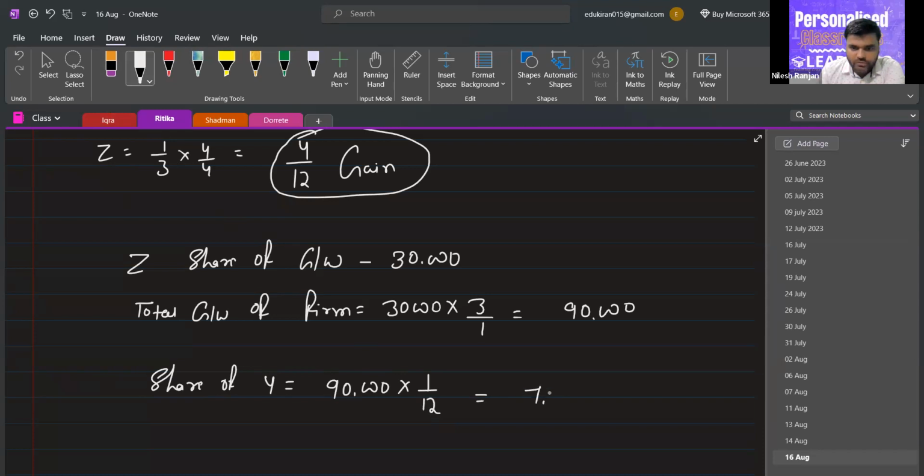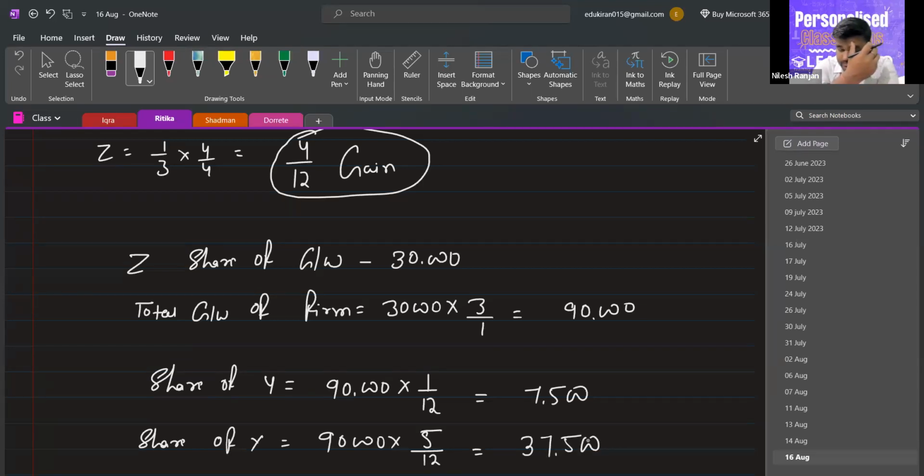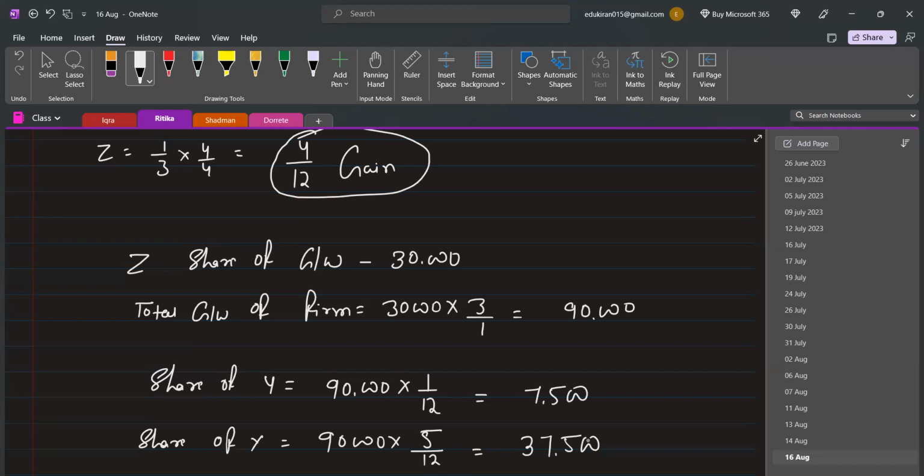So it will be 7,500, and share of X, 90,000 into 5 by 12. So 37,500. Is this clear? Yes, sir. Now the second journal entry should be